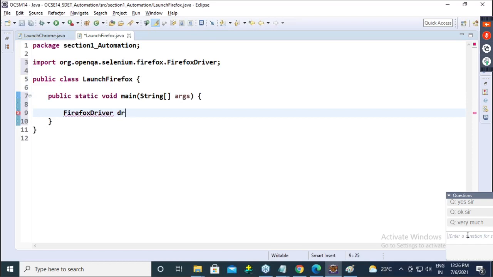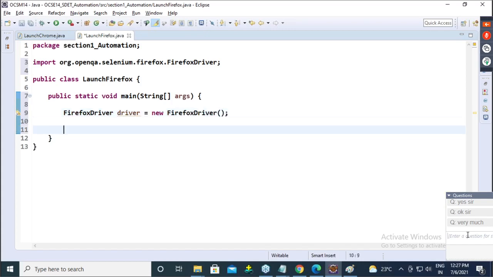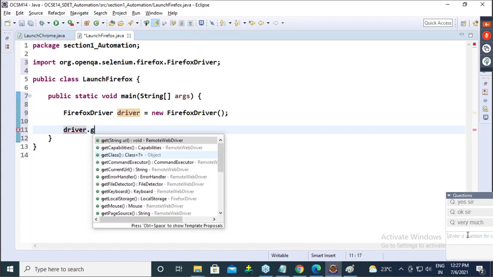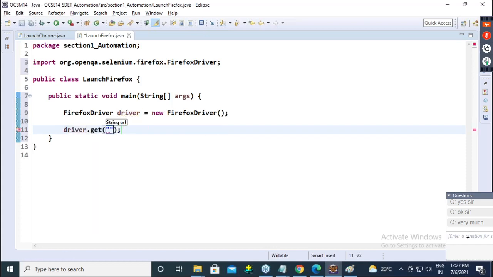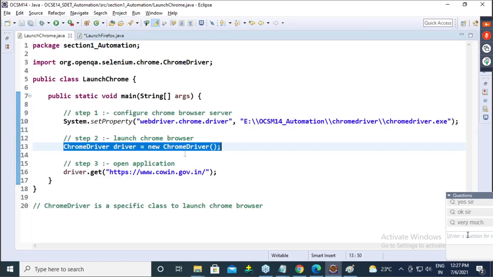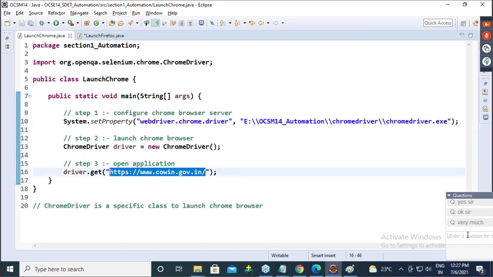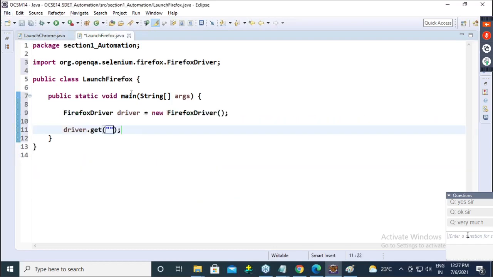See, FirefoxDriver driver equals new FirefoxDriver. Then again, same method driver.get, and what is the URL, guys? This is the URL. Give the same URL.